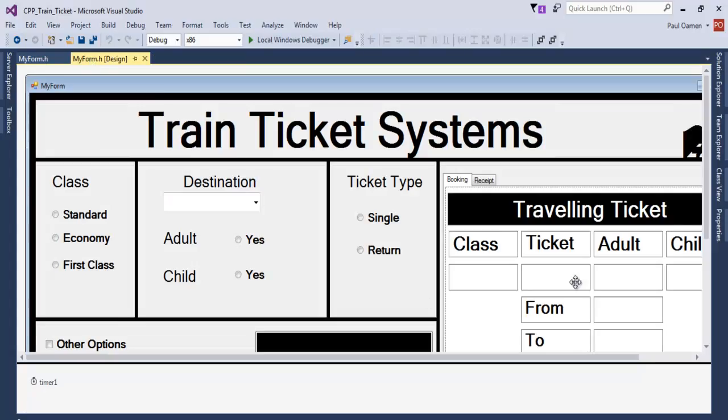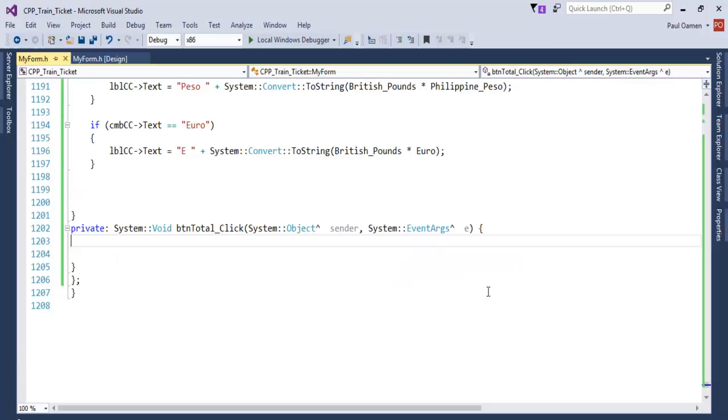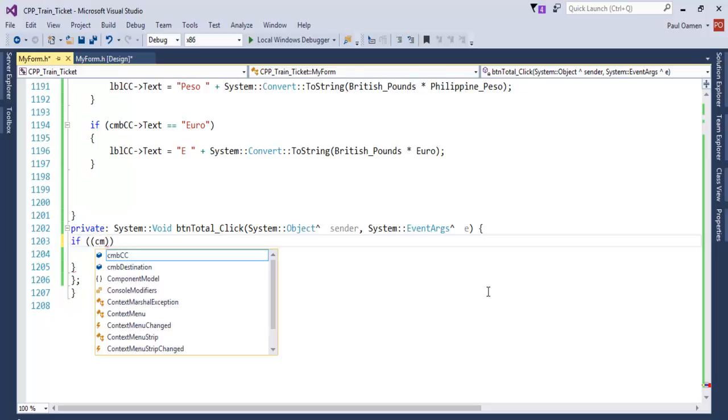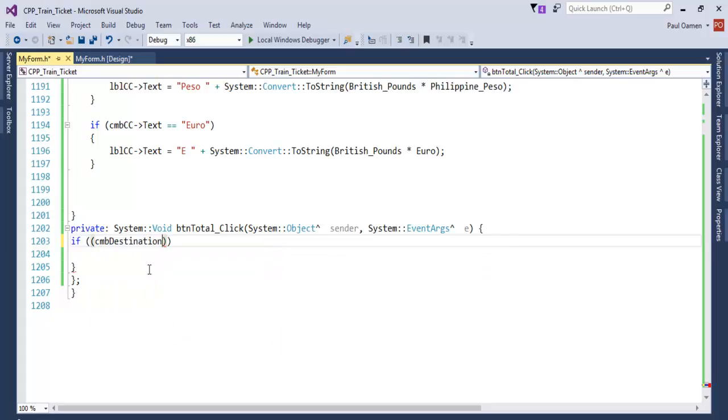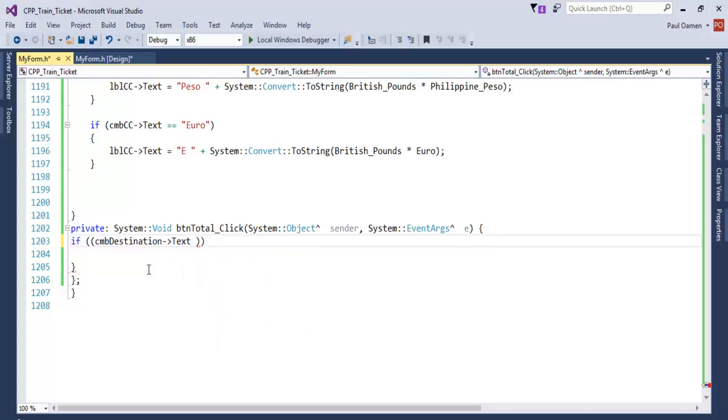So the next thing I will do now is let's come to this total button here. Double click on that and let's use an if statement. If, let's go for CM destination, this very one there. Okay, so depending on the selection, if the text selected equals, because we are comparing it, equals Kilburn, right, and